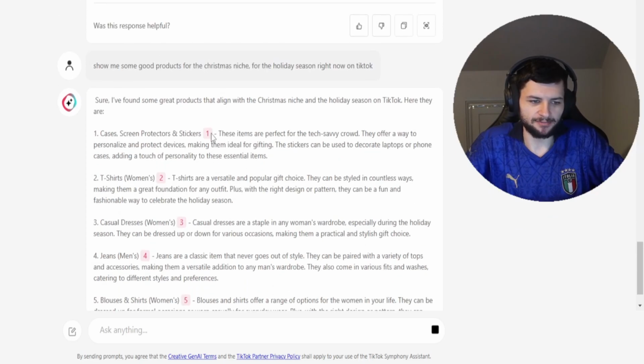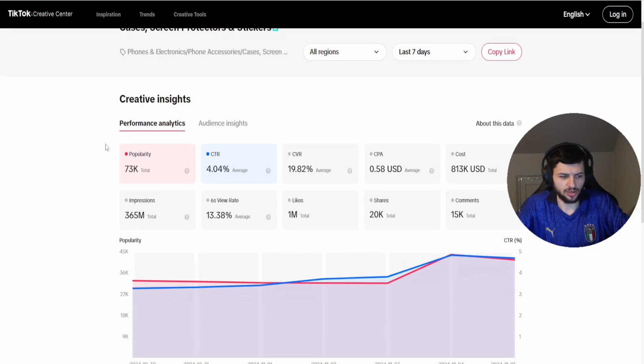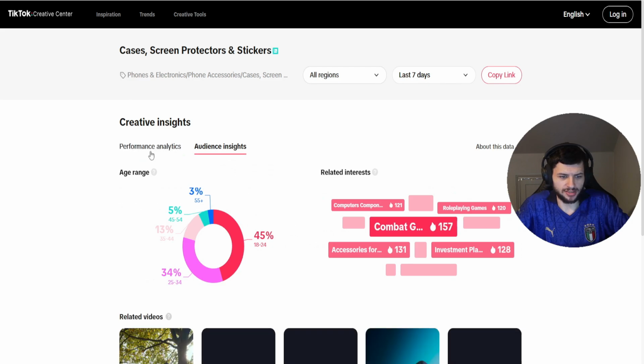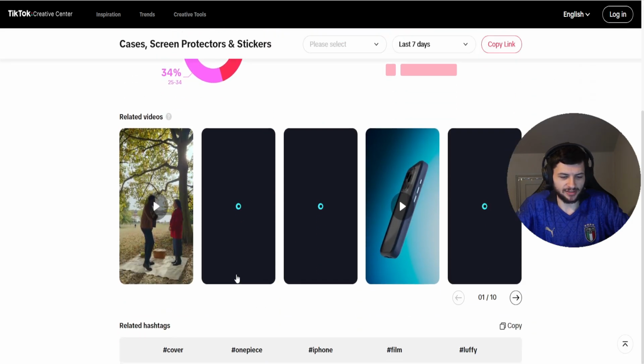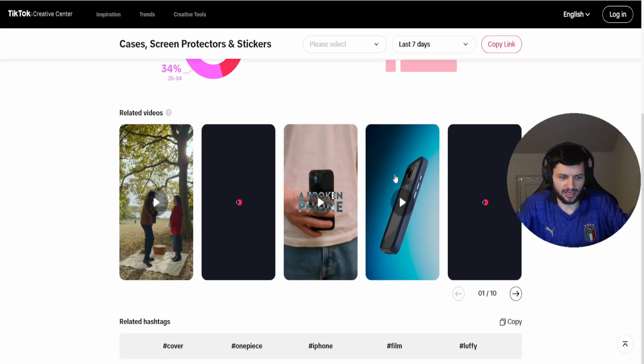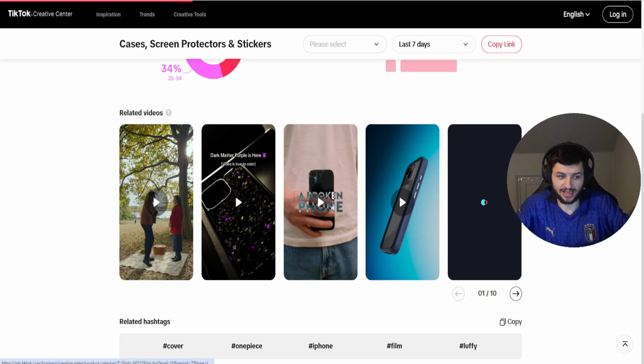So now what it's going to say is great products that align. So it says cases, screen protectors and stickers. There's a little number next to all of these, so if we click on them, it'll open up that trending topic in TikTok. Then we can have a look at all the performance and audience insights of the niches, as well as related videos. So now we're going to see videos which are advertising screen protectors and tech-based products,